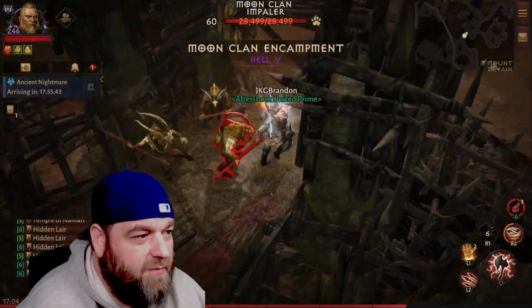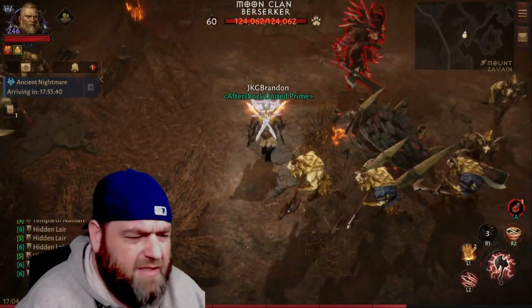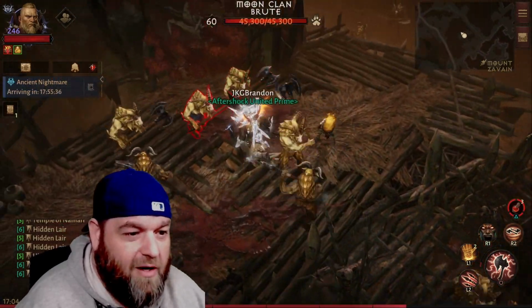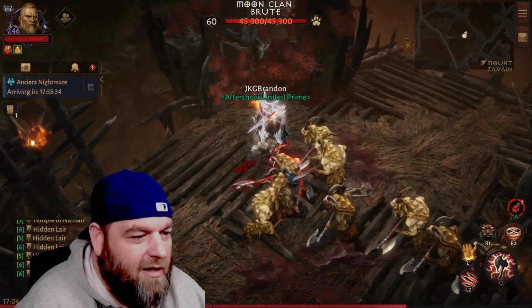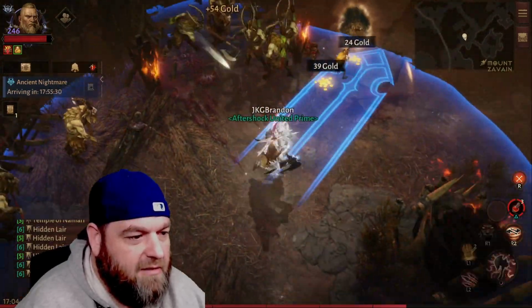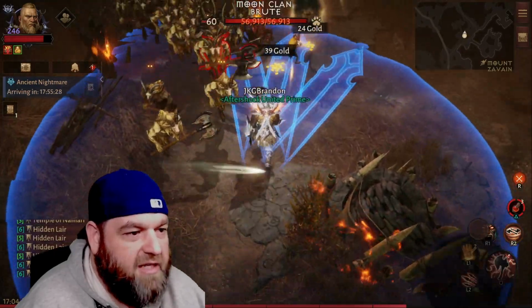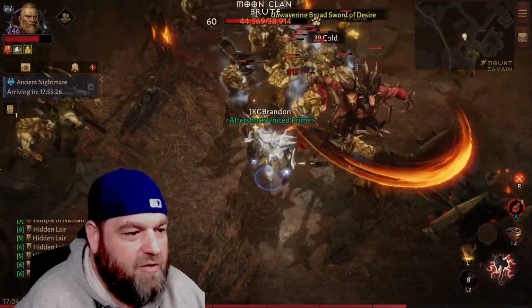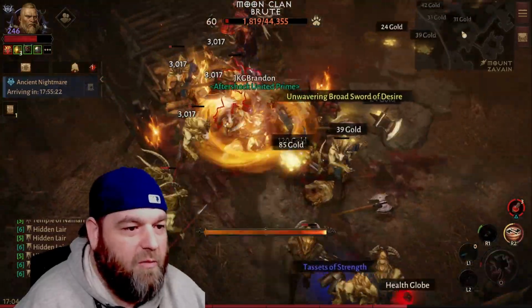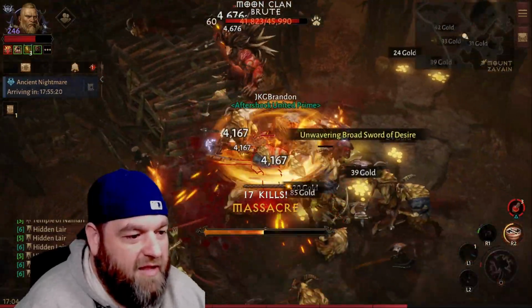Let's see if we come in here to the Moon Clan. We can always get a nice big group of enemies around us when we're in the Moon Clan. So let's come in here. Let's see if we can round up a bunch of these guys. Let's actually cancel that. Let's see if we can hit that treasure goblin. Boom. There we go. Get a whole bunch of 30k crits, a whole bunch of 3k hits,